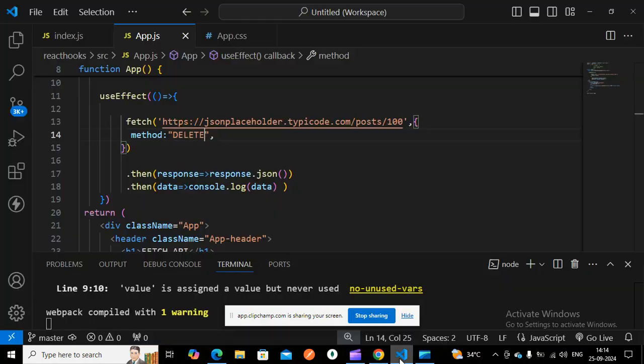So I'll recap once again. There are four methods: get, post, put, and delete. When you want to read the value from an endpoint, we have to use the get method. If you want to post something, we have to use the post method, and also we have to add a header and give a body.